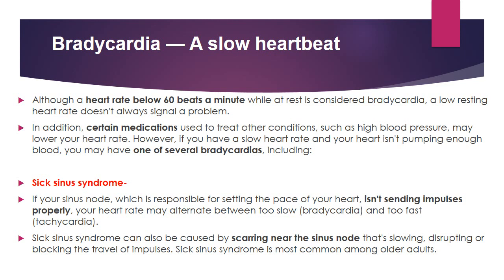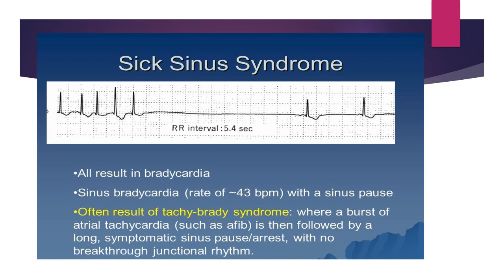Okay, next coming to the slower heart rate. We finished with the common tachycardias, and the next one is a slower heart rate, called bradycardia, meaning a heart rate below 60 beats per minute. Sometimes patients can be on certain medications to treat the conditions. One such kind of bradycardia is called sick sinus syndrome. It means the sinus node is not in a position to send impulses properly or effectively to the rest of the heart. So the heart may alternate between a very slow heart rate and a too fast heart rate. In sick sinus syndrome, in an ECG you will see this.